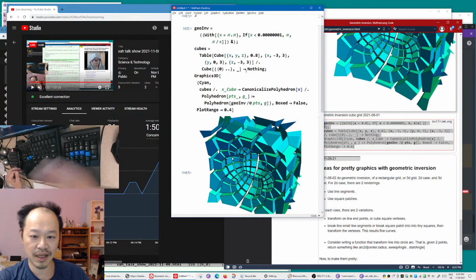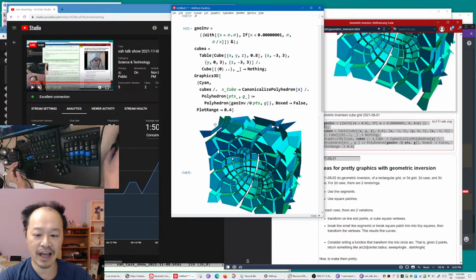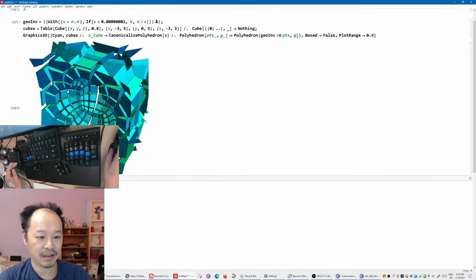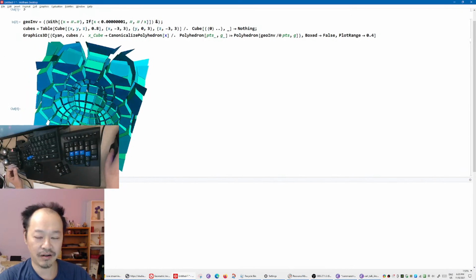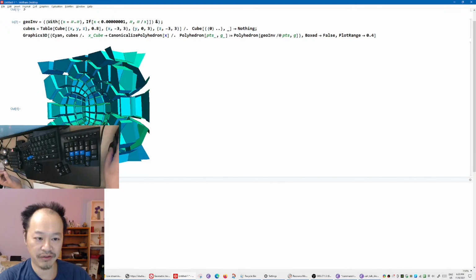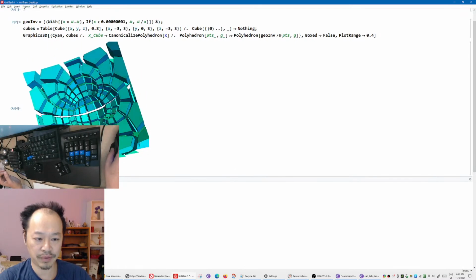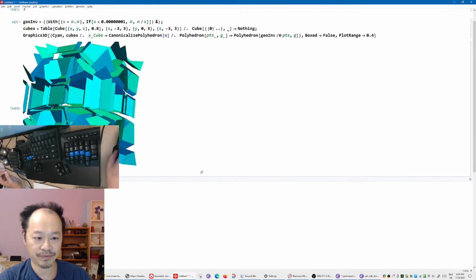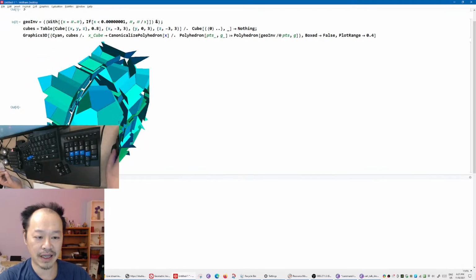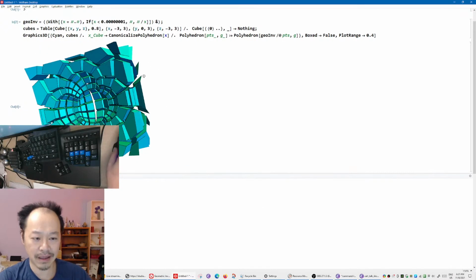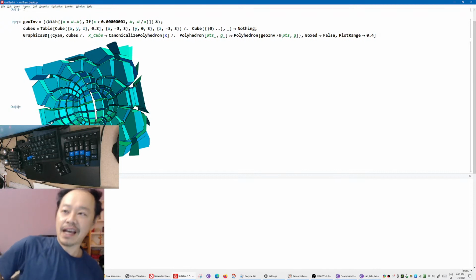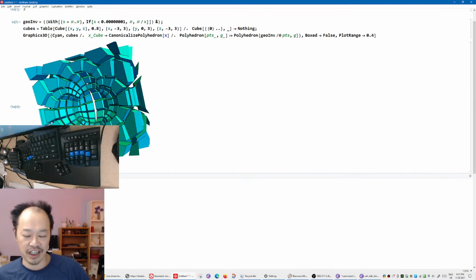Paste it here, run it. You can see this fantastic beast. This is called geometric inversion of cubes in 3 dimensions. Fantastic geometric inversion, deep mathematics with complex analysis and relativity,